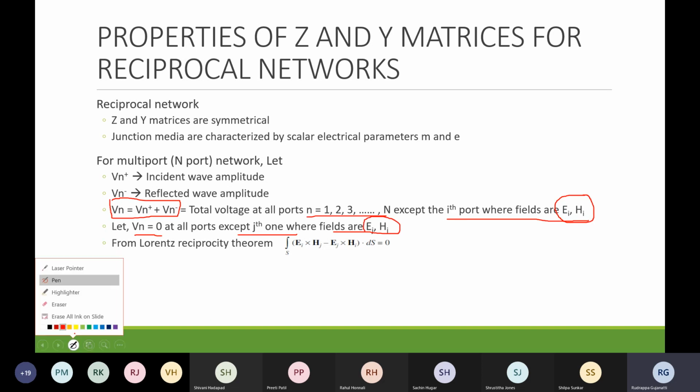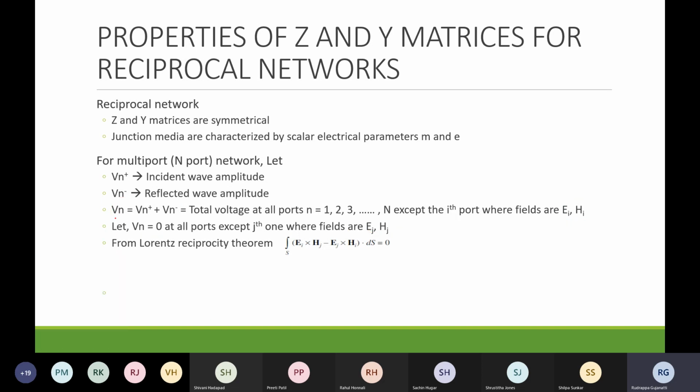So at many of the ports, you will have the total voltage given by the value of input and output voltages, and at the other ports where the field is different, we'll have the total voltage equal to 0. Now based on these parameters, using the Lorentz reciprocity, we can write